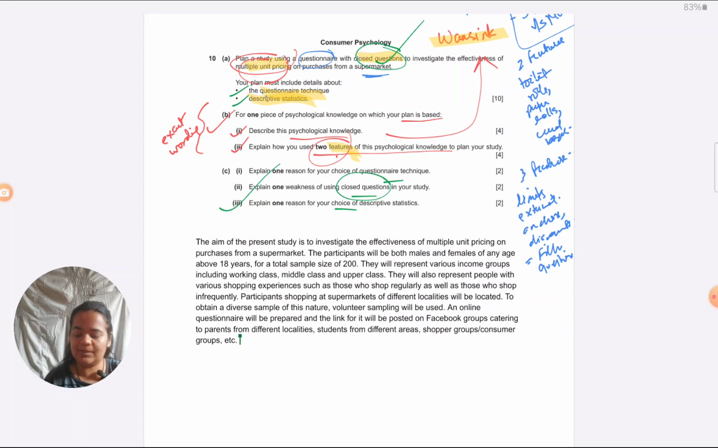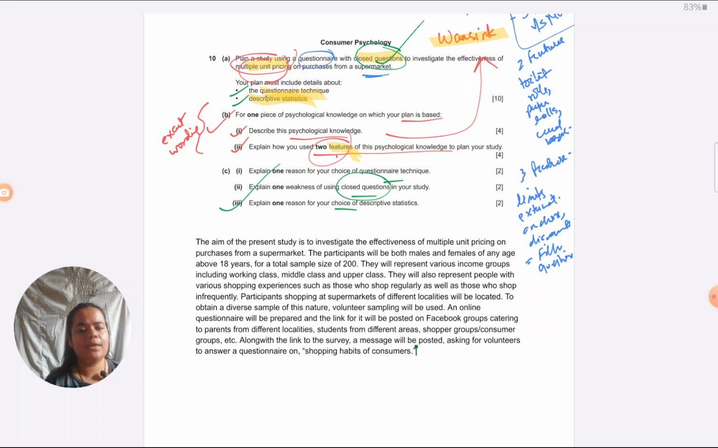So I can say, along with the link to the survey, a message will be posted asking for volunteers to answer a questionnaire on shopping habits of consumers. As I told you in the beginning, I would not want participants to know exactly that